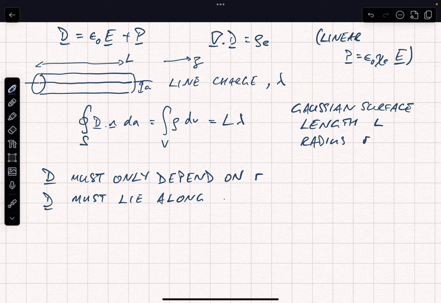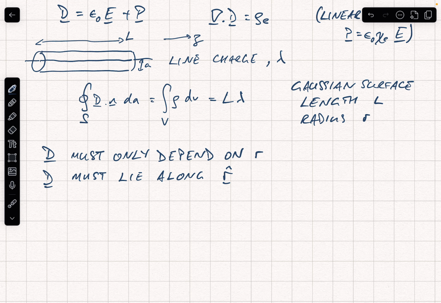Now, for a finite system, of course, that would be true near the middle. And at the edges it would have to kind of curl around, but for an infinite system we always have, for any given point on the line, an equal and opposite point at the other side, and so the only direction that D can lie in is the radial direction. So since the normal to the Gaussian surface, which is going to be a cylinder, is along the radial direction, because remember it's infinite, so we're not considering the ends,